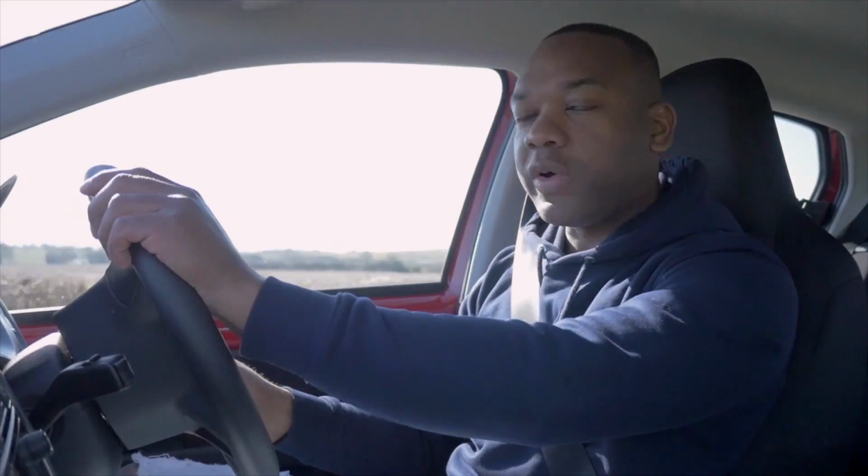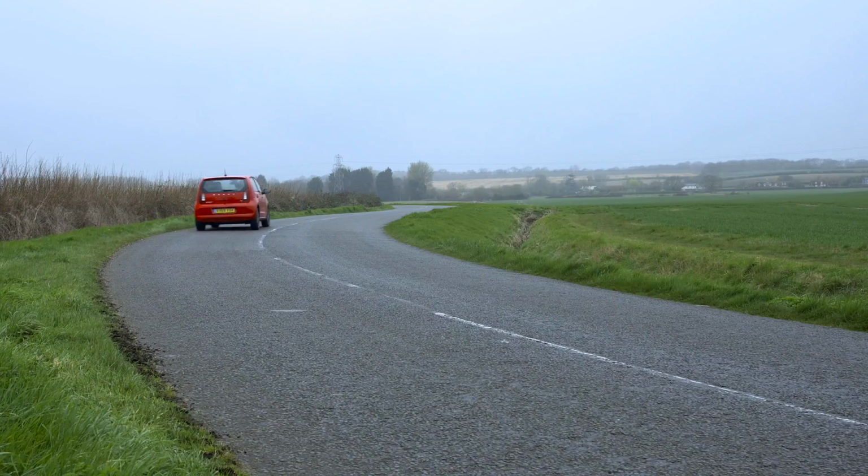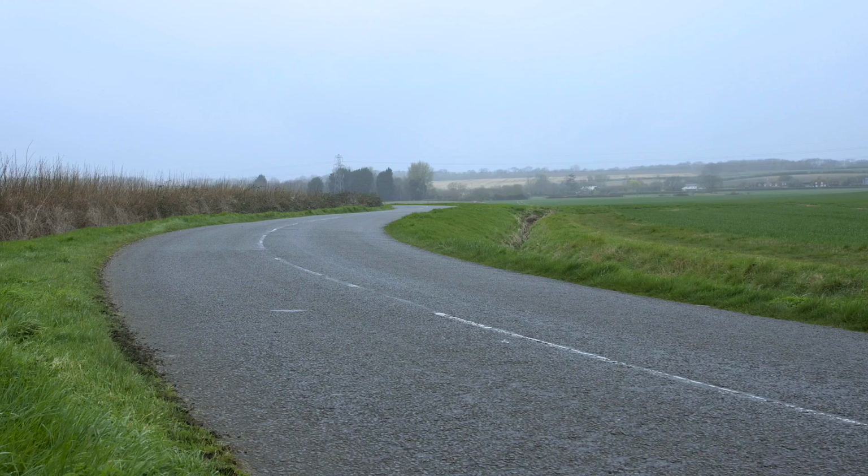It's definitely worth talking about the real world range in this car. I'm actually quite impressed by it. I have a commute from home to work of about 60 miles, so 120 miles return, and most of that is on the motorway. Electric cars hate the motorway, but I drove this car completely normally. I did 70 miles an hour on the motorway. I didn't slow down because it's an electric car, and by the end of it, I'd done the 120 miles,